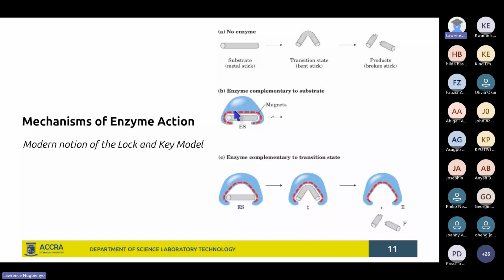And so because of that, the modern notion of the lock and key model was changed to say that, in fact, the enzyme and substrate do not perfectly fit,